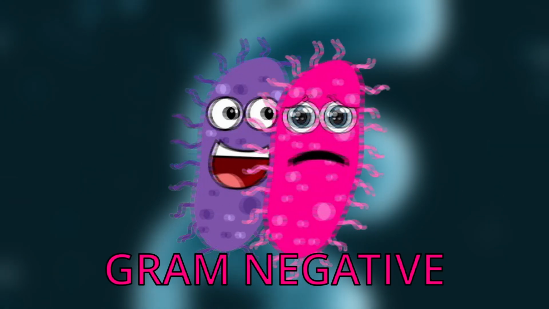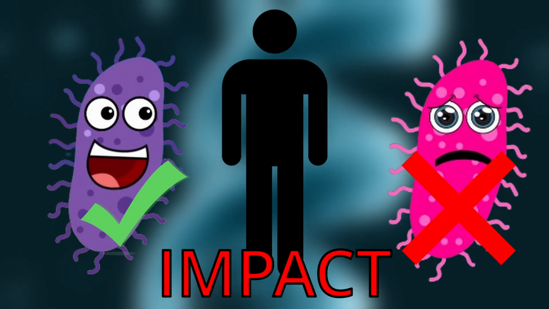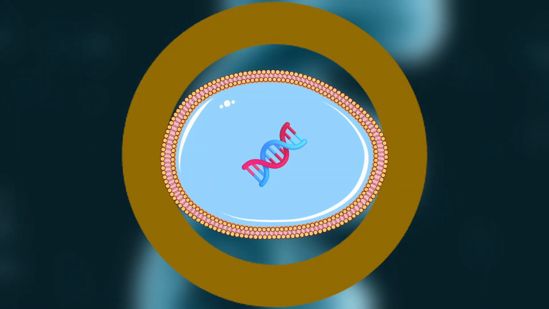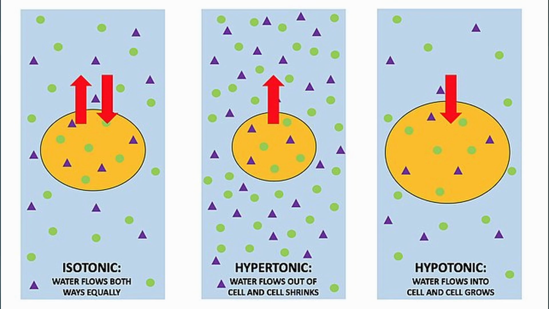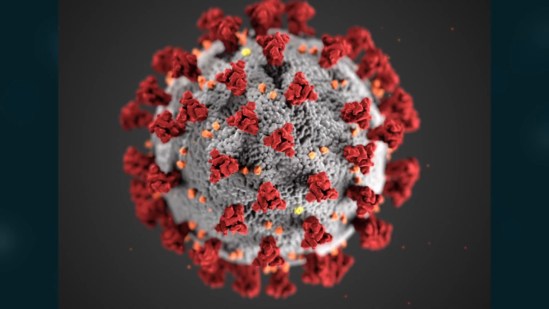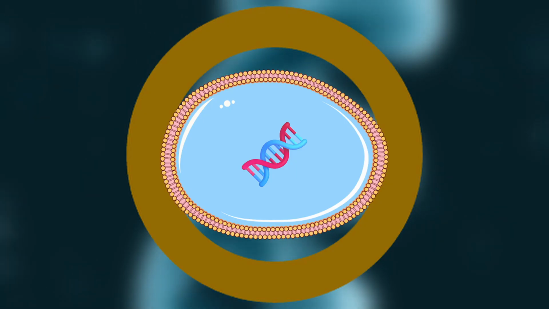Are gram-positive and gram-negative differentiated based on their impact on us? Well, no. They're actually differentiated by differences in their cell walls. Bacterial cells have an extra layer surrounding their plasma membrane. This helps bacterial cells with osmotic stress, preventing them from shriveling too much or exploding. The cell wall also helps in pathogenicity and is a target for many antibiotics, as human cells do not have